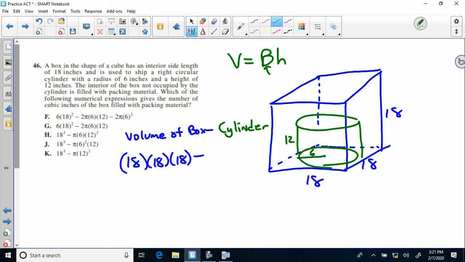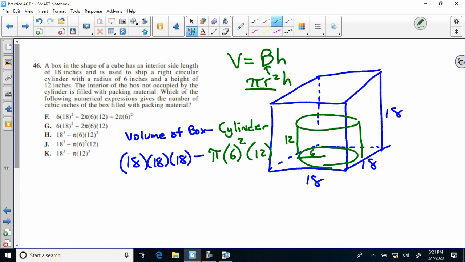That base is area of base. If I'm looking at the cylinder, the base of a cylinder is a circle. So the area of a circle is pi r squared. I'll write it up here, pi r squared times its height. Because the area of the base was pi r squared, and then we're going to have our height. So if I'm doing the cylinder one, it's pi times my radius, which is 6, squared, times its height, which